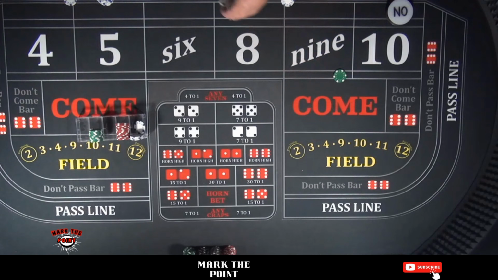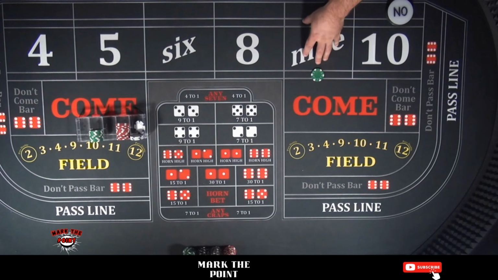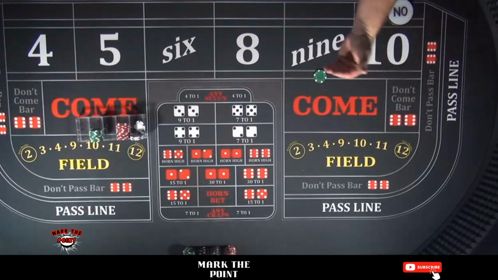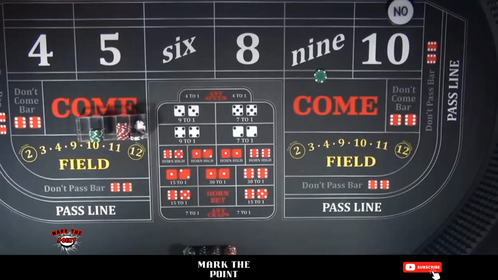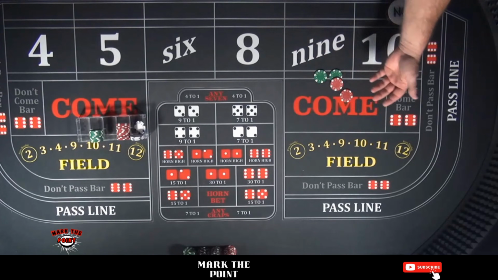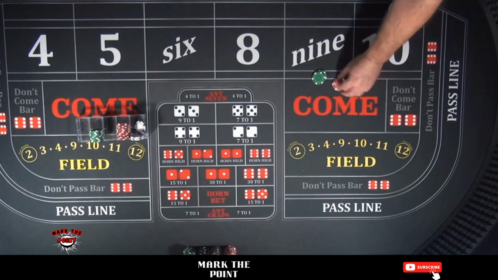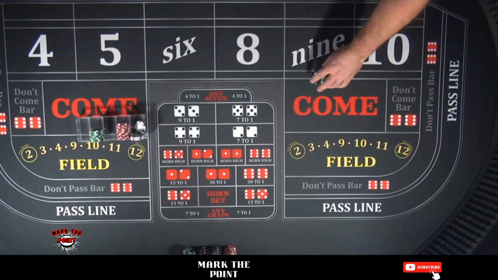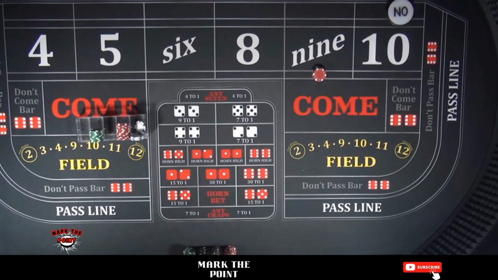All right, now let's see if we can power press this 9 a little bit more. So let's just say at this point in time, we've made it to the $25 bet on a 10 off of a $10 bet. Now, what options do we have? This $25, much like the 6 and 8, is going to pay us $35. Okay, so what you could do, you could just stack up 50, and you can rack the 10. Or you could actually just go ahead and stack this all the way up, make it a $60 bet. Not a whole lot of harm there. All right, but then you can just keep going a little bit higher. Let's say a $60 bet. That's going to pay us $70.